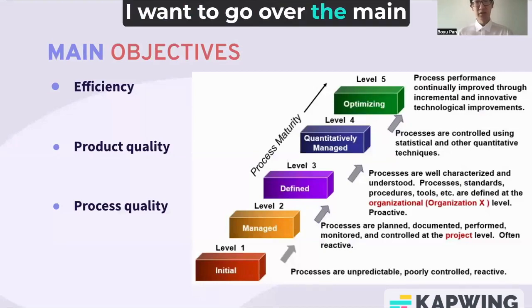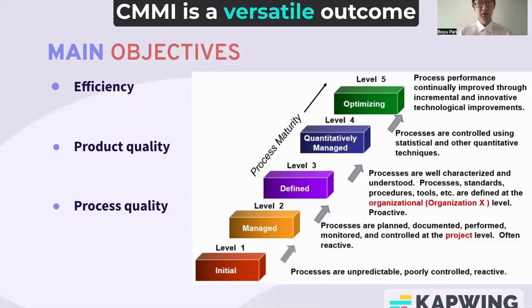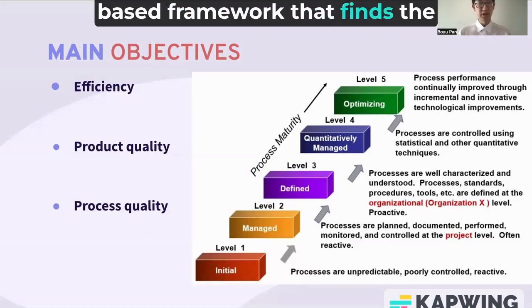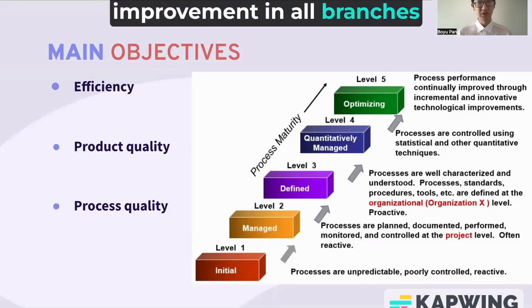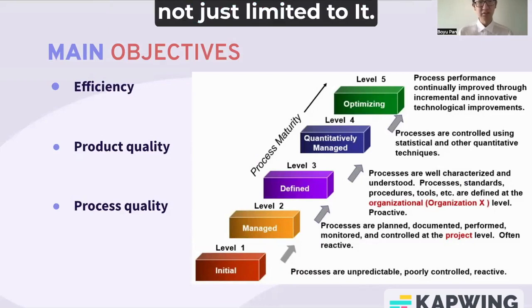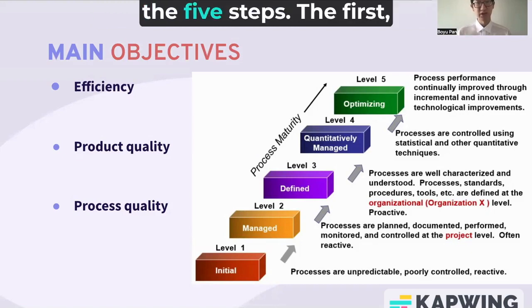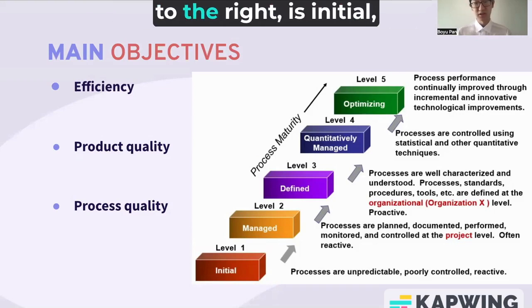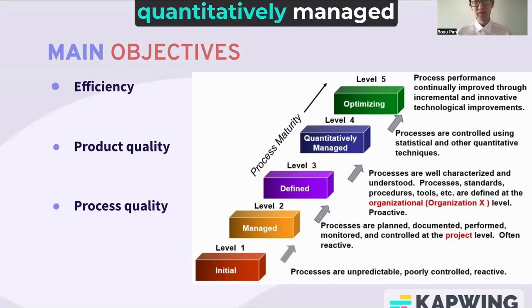So I want to go over the main objective of CMMI. CMMI is a versatile outcome-based framework that finds the best practice for process improvement in all branches in the organization, not just limited to IT. It aimed to optimize both product and process quality through the 5 steps. The first, as you can see on the graph to the right, is initial, followed by managed, defined, quantitatively managed,